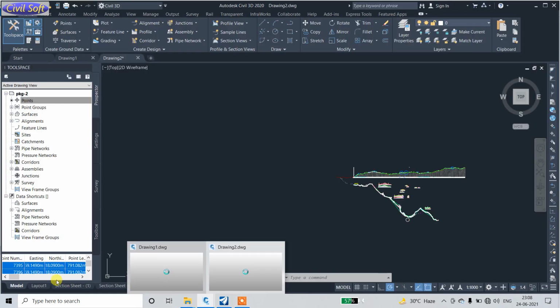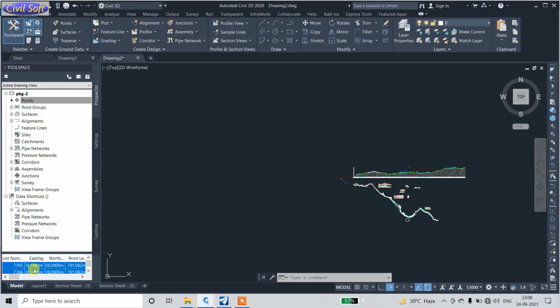In this way you can also extract survey data, but I used another method. Now minimize this Civil 3D.